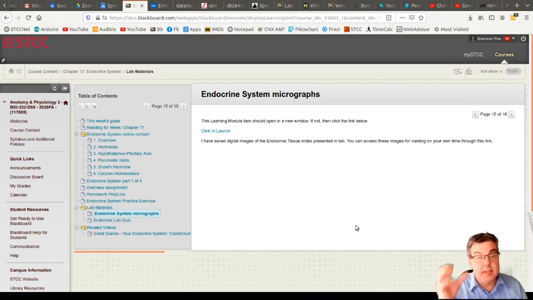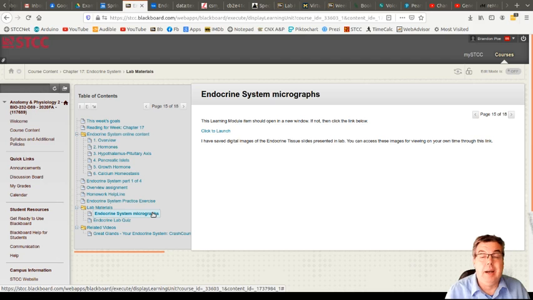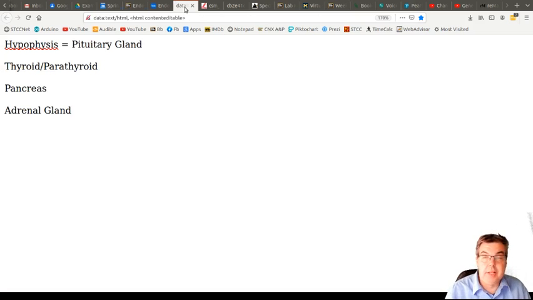Okay, welcome back. I want to continue talking about the endocrine system material. Before I said that we're going to look at these micrographs, I explained the process behind how we stain tissue and how we see material, and the basis for why we're going to make decisions about the staining quality of this tissue. We want to look at these 4 tissues, and we're going to do that through the cloud storage